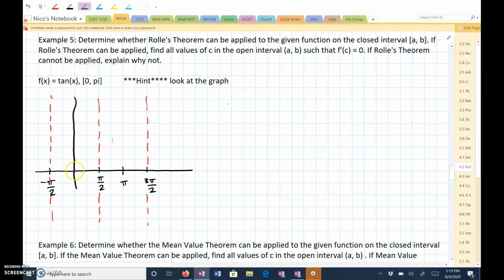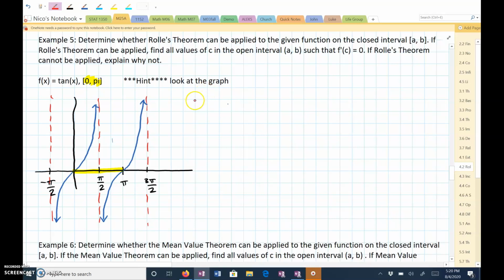So the tangent function looks like this. Okay. And the part that we care about is just from here to there, since it's restricted from 0 to pi. Okay? And this would actually fail Rolle's theorem